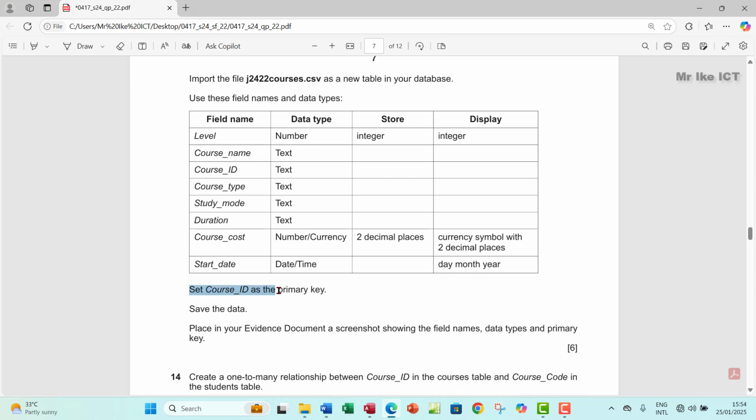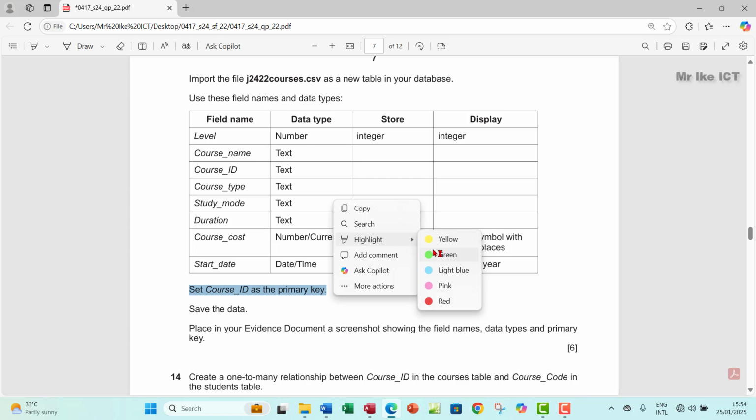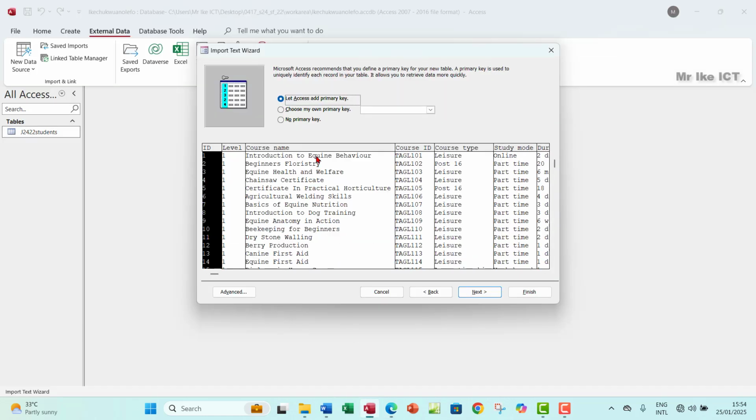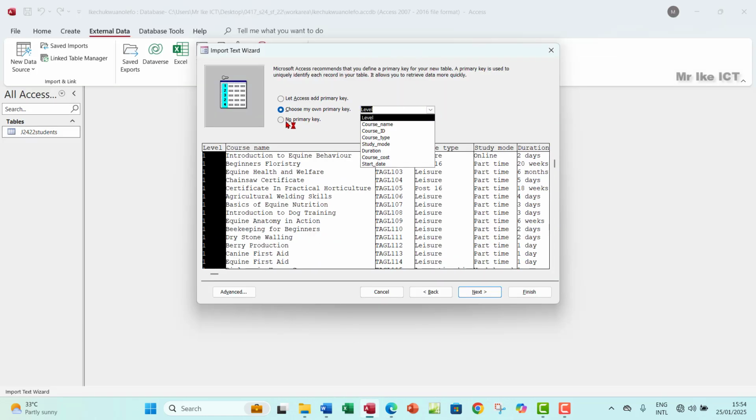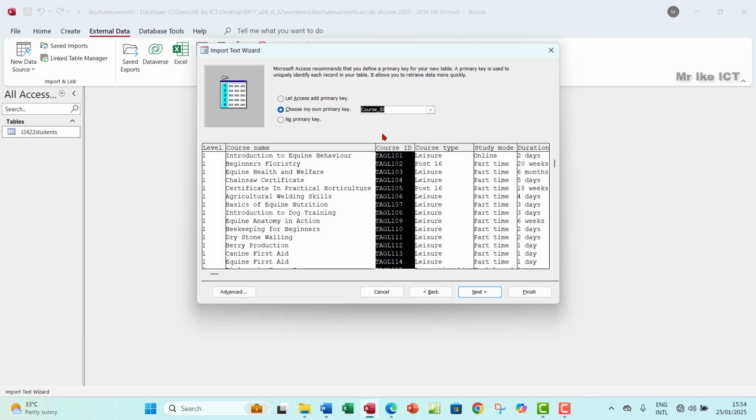So set course ID as the primary key, right? So I'm going to set course ID. I will click on choose my own primary key, course ID. Yes. So in case you have a date and you want to check if it's DMY, you can click on